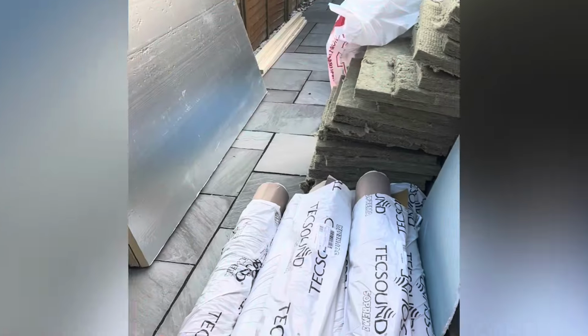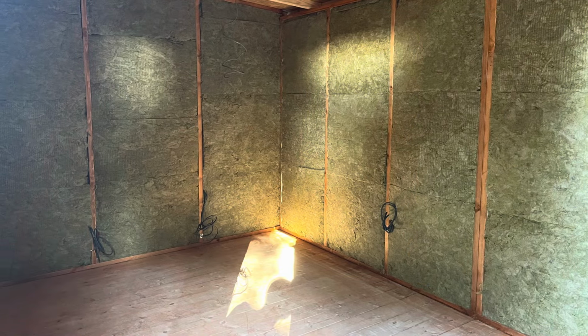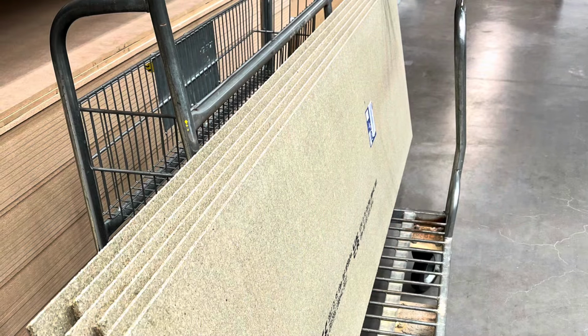So by this point, in the September time, we got the RWA45 in the walls. Hadn't quite got the ceiling right yet, but this was everything put outside. That was a Tecsound on the floor there. That stuff was so heavy to move around. But yeah, they're all fitting quite snug. All the joists were quite close together in this shed. I then went and got 18mm